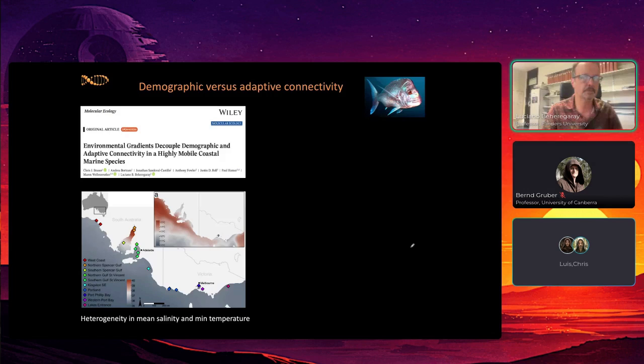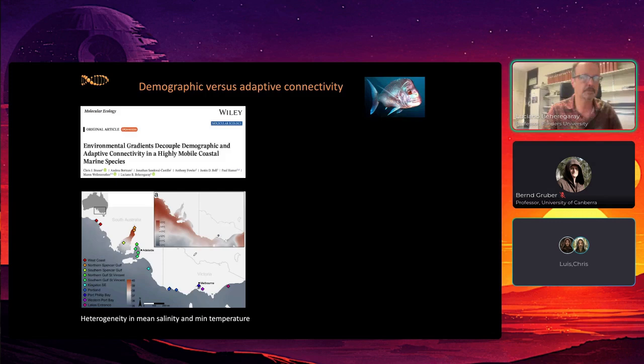But snapper populations are in decline. Both Western Australia and South Australia have major bans on fisheries of snapper, both commercial and recreational. And this study tackled how connectivity in snapper can be disassociated from the neutral demographic perspective to the adaptive